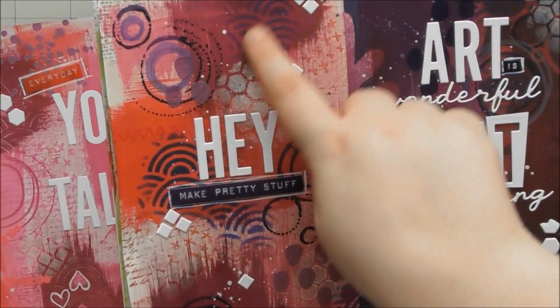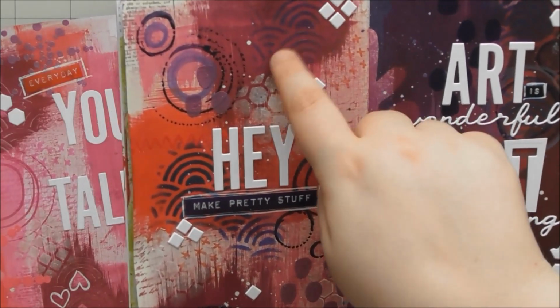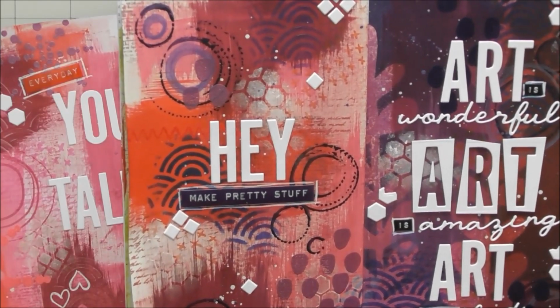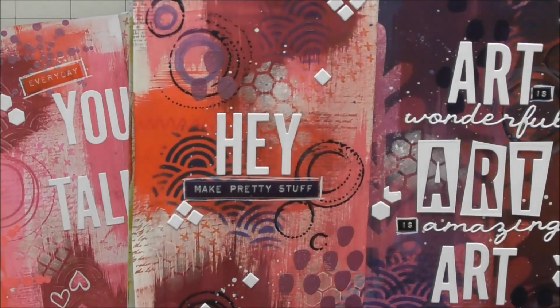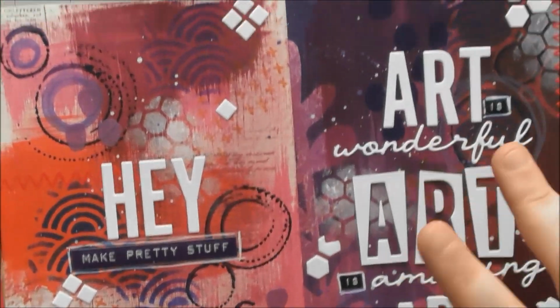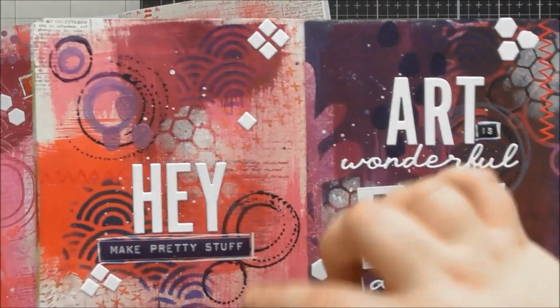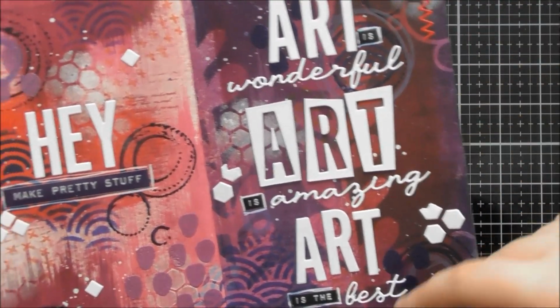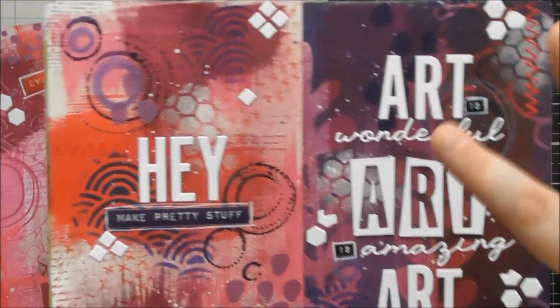So for this one, this was using the modern Art Deco stencil with the strawberry frappe chalk mousse mixed with the blue velvet aqua flow to create a really dark blue to match the dark blue that was on this side. And I also added the same colours of paint over the top of the dark blue on this side to sort of mute it down and give those colours, the pink and the purple and the red in the